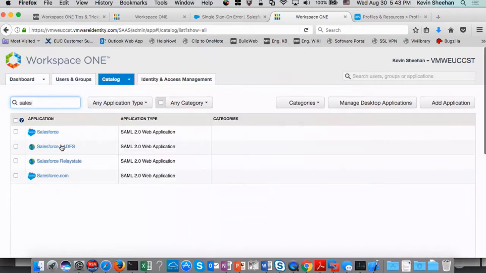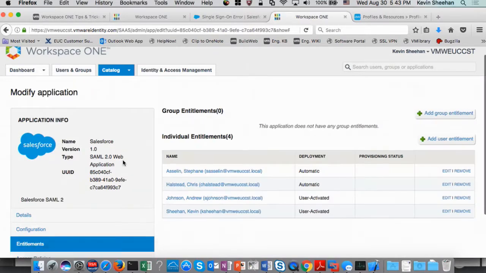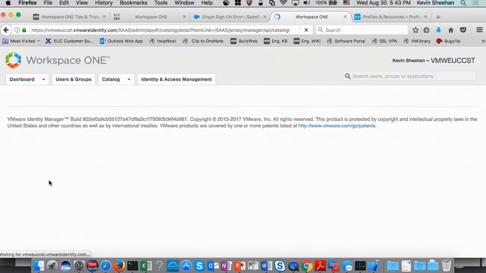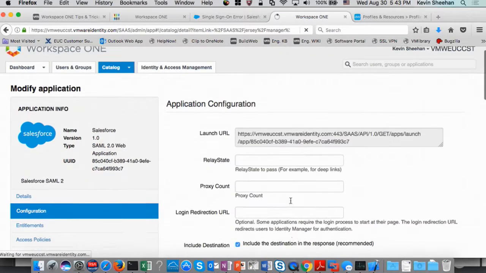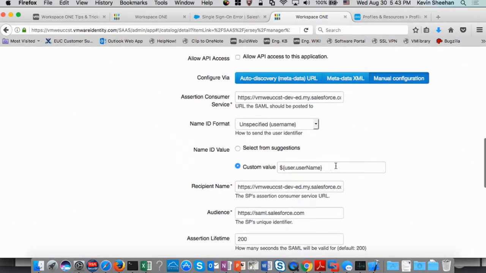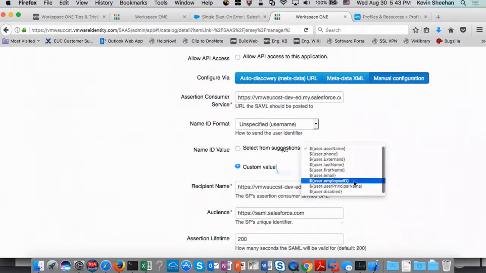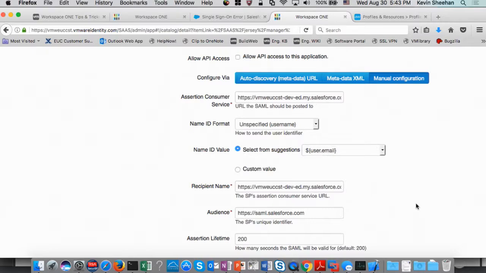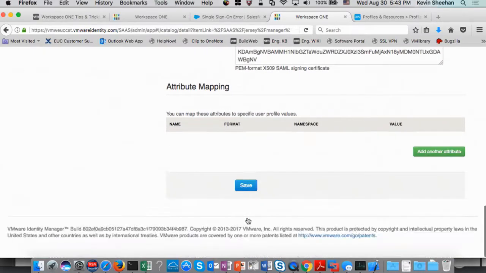and when I look at the configuration here for the Salesforce application, we can look down and see what our name ID format is, and I can see that it's currently set to user.username. If I instead change this to user.email, set that setting and save that, now I should be able to